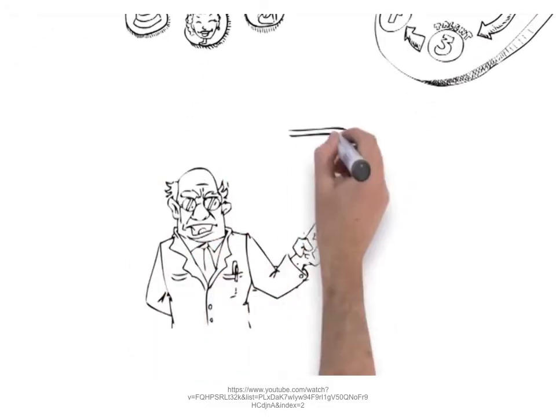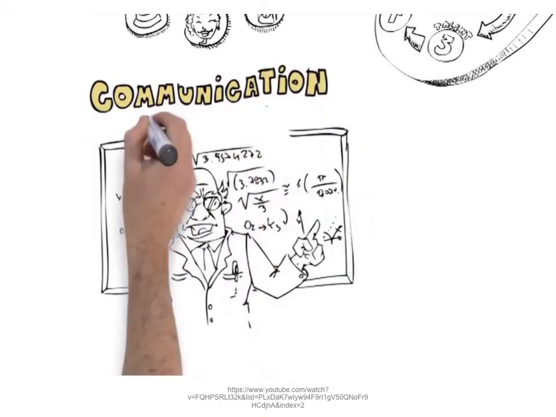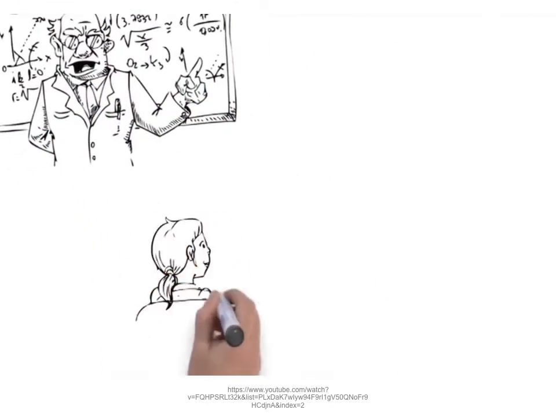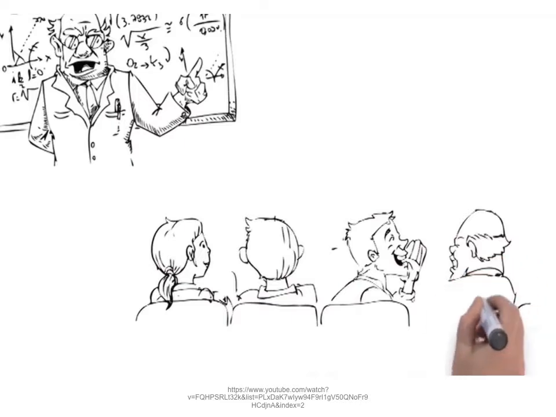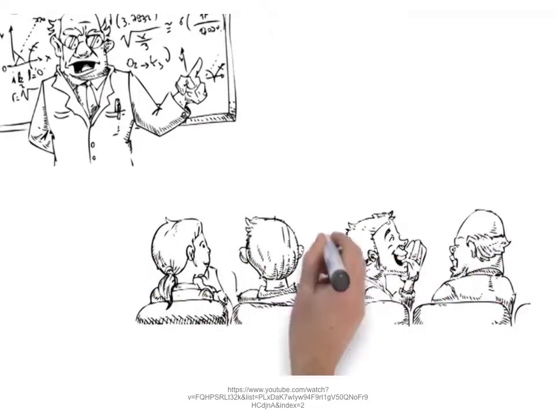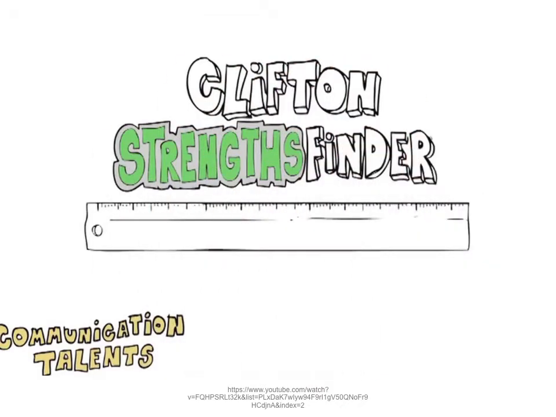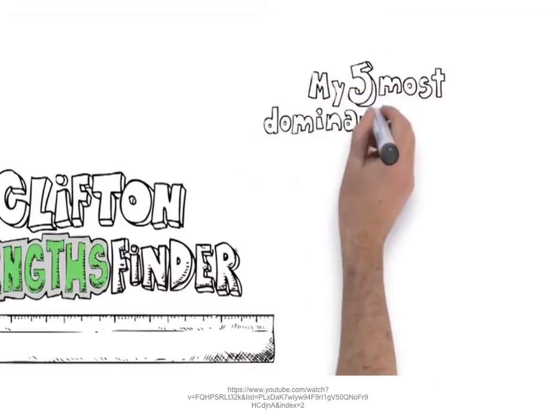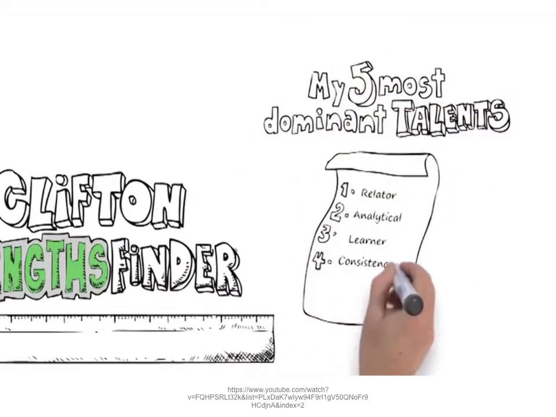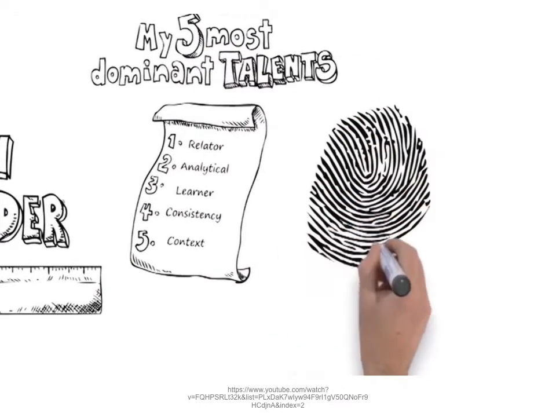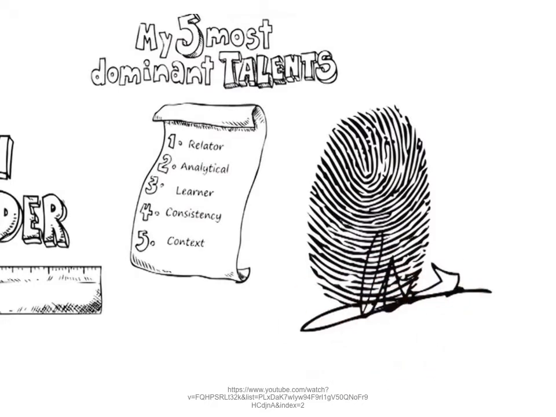Some talents, like a natural tendency to share thoughts, to create engaging stories, and to find the perfect word, relate directly to communication. That's what they have in common, their theme. So, to begin thinking and talking about them, we can call them communication talents. The Clifton Strengths Finder measures the presence of talent in 34 general areas or themes. Your Clifton Strengths Finder report includes a ranked listing of the 5 themes that hold your most dominant talents, your signature themes. Similar to your fingerprint, the sequence of your themes is unique to you.